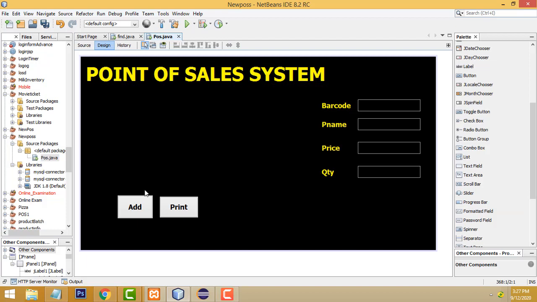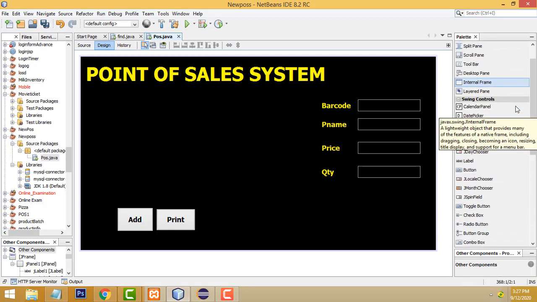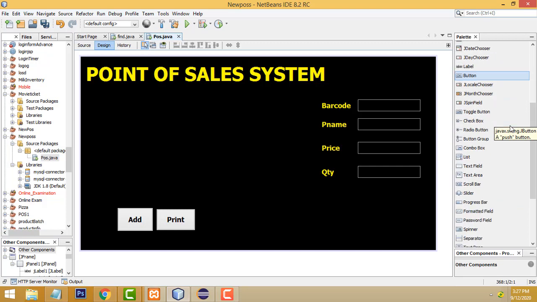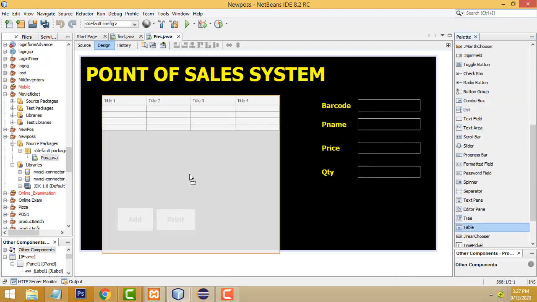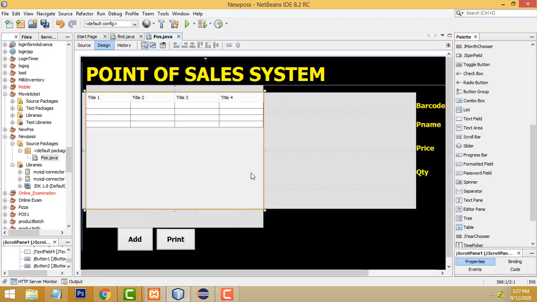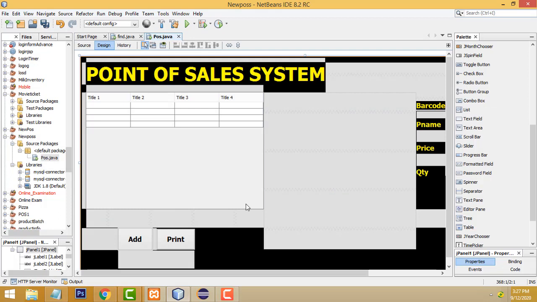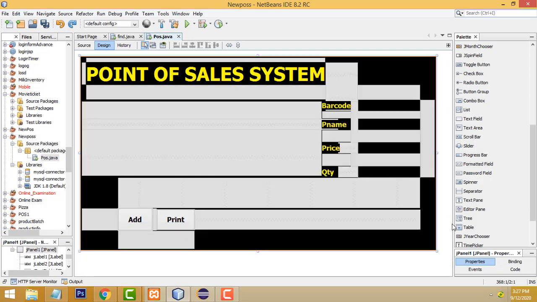Perfect. Now what I am going to say, we need a J table. So drag the J table from the palette. J table, this is J table, right? Drag over here, get the size, right?